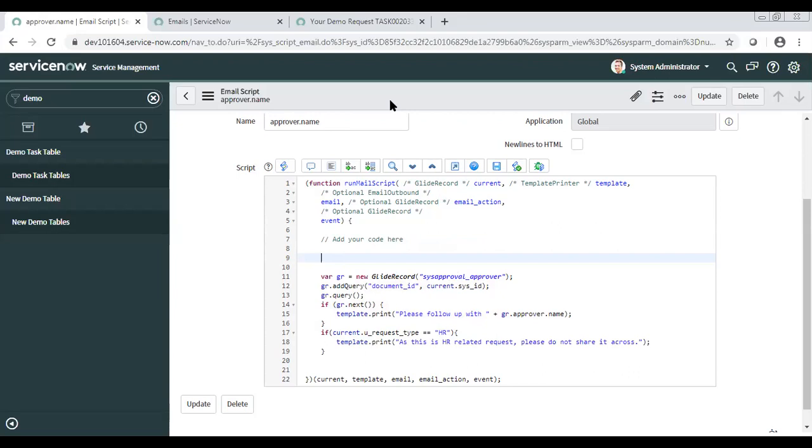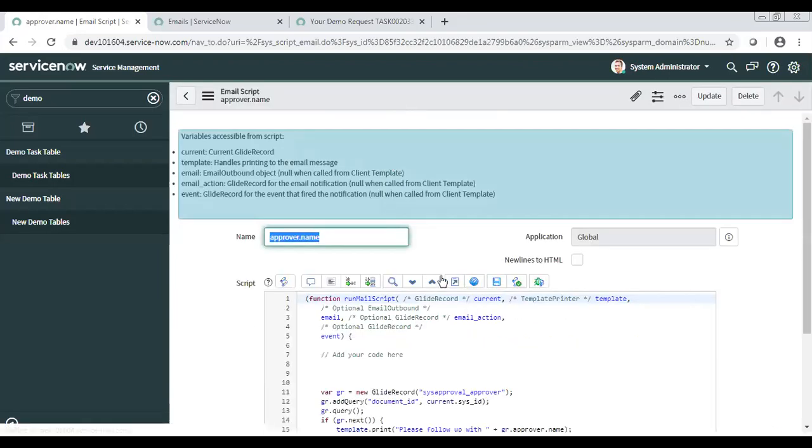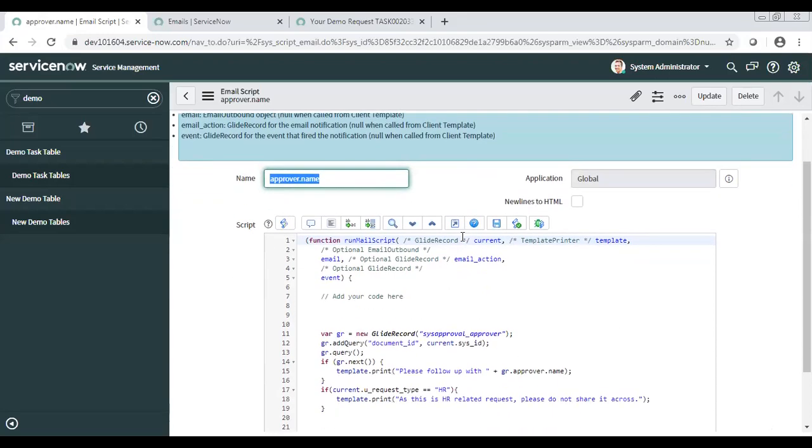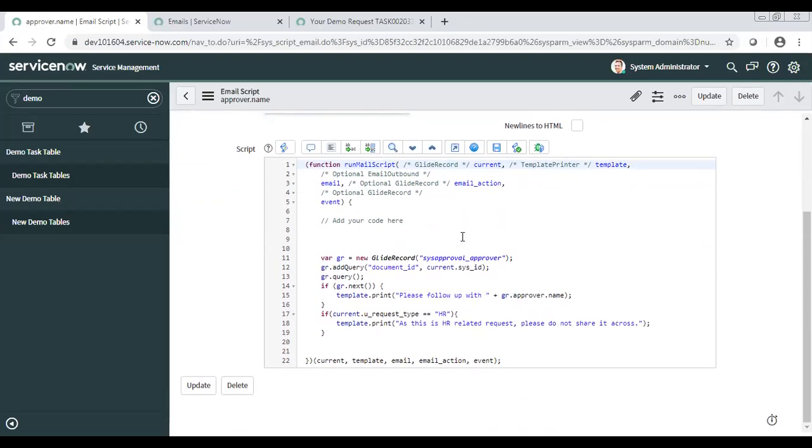Tell me one thing. For example, we have a change table, right? And we have a lot of communications and notifications to be triggered related to change. Now we have different types of changes: normal, emergency, standard. So in the subject line, if we want, because we have one standard notification because we have only one table, I think we can change the subject line, right? Yeah.